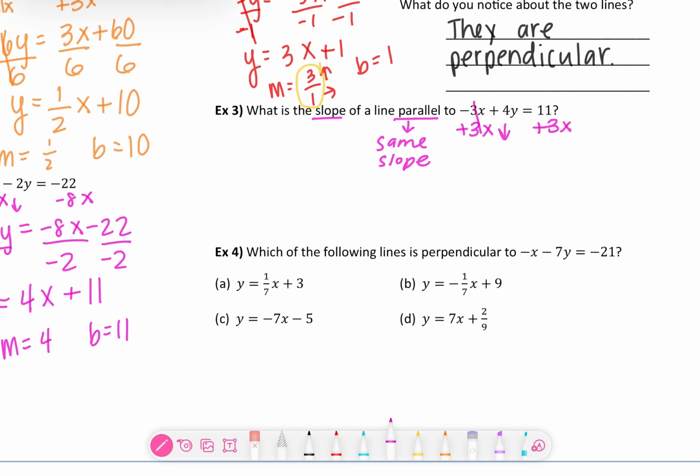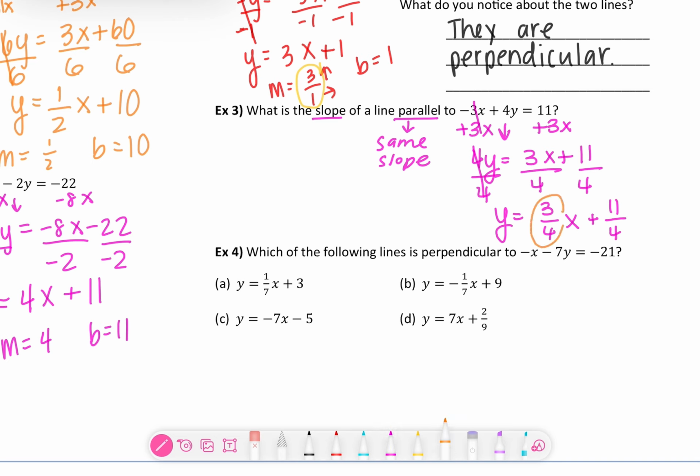We will bring down our 4y equals 3x plus 11, and then divide everything by 4. y is then 3/4 x. And that's the only part we really need, but you can go ahead and keep going if you want. Since 11 doesn't divide by 4 evenly and it doesn't simplify, you'll leave it as 11/4. But the only part we really care about is the slope, because parallel means they have the same slope. So the slope of this parallel line is going to be 3/4, just like the slope of the